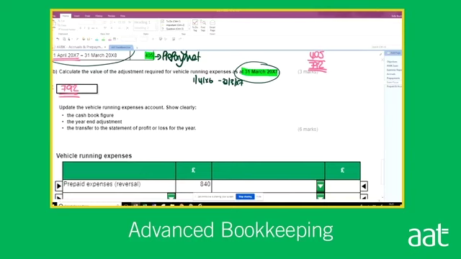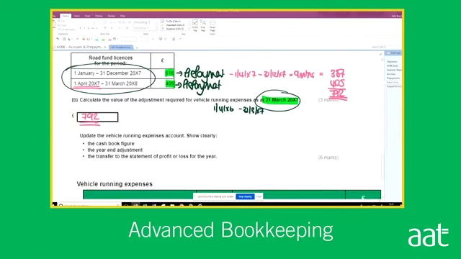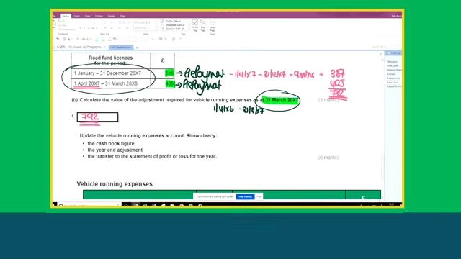Okay, we'll continue. So basically all we're doing is we've got a prepayment of 792 that we will need to adjust for within the vehicle running expense. Sorry, Sally, they're coming in now. Yeah, everyone's saying yes, and yes. Yay! So basically then, as I said, we now need to take that 792, we need to take the payment